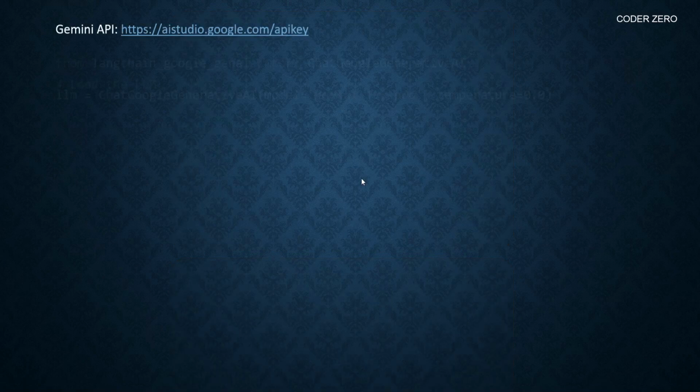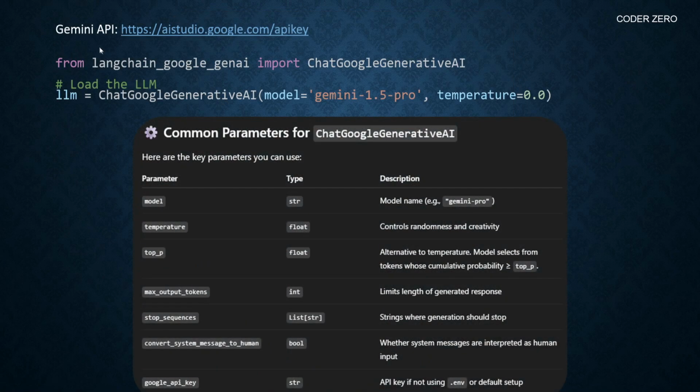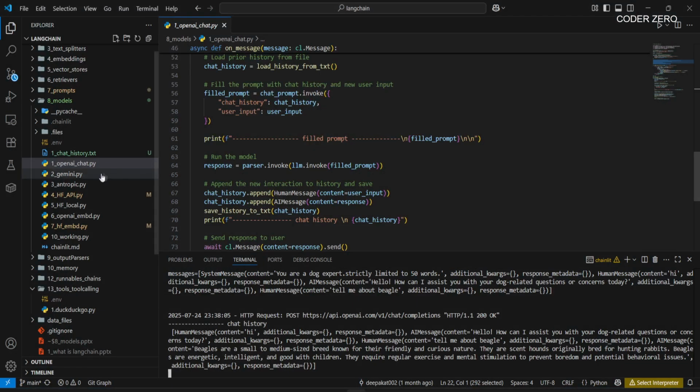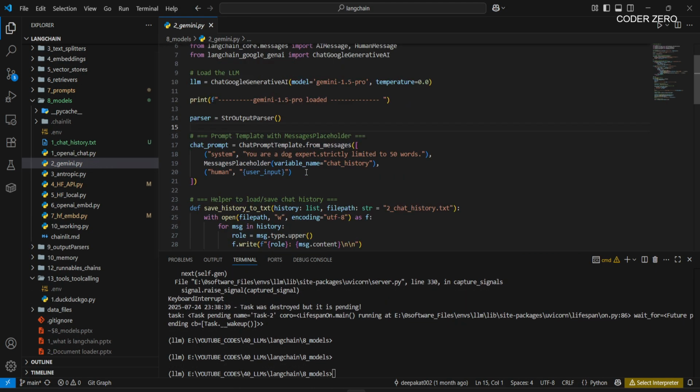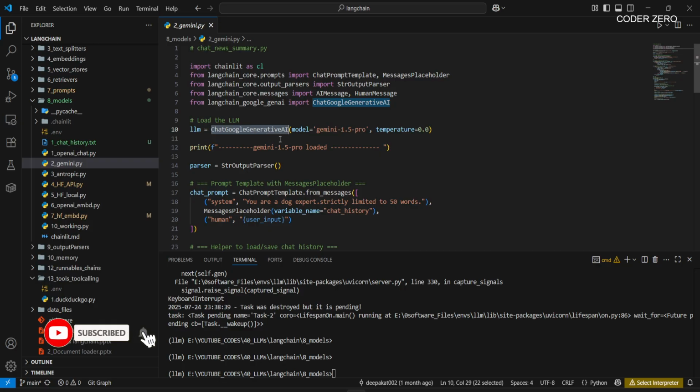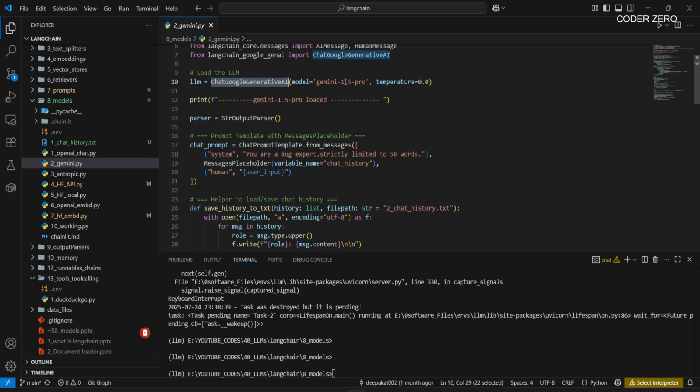Now next we have the Gemini API. To use the Gemini API, we have ChatGoogleGenerativeAI from LangChain Google GenAI, and here we are using Gemini 1.5 Pro. So these are some parameters that are available here. Now let's see this in action. Here we have the same thing. We are using ChatGoogleGenerativeAI from LangChain Google GenAI, and here we are using Gemini 1.5 Pro. Now if we run this,